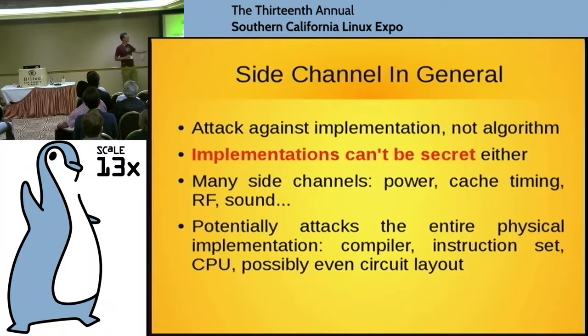You can measure cache timing. Chips give off RF. You have changing currents, which means you have changing electromagnetic fields. So you have RF, and you can measure that, and that's information coming right out of the heart of the processor as it operates. They make sound because those currents heat up and cool down areas of the chip, and then they vibrate because they're expanding and contracting. So this is actually much worse because potentially this is attacking the entire physical implementation. It depends on what code the compiler might generate if you're optimizing, how the CPU is designed and laid out.